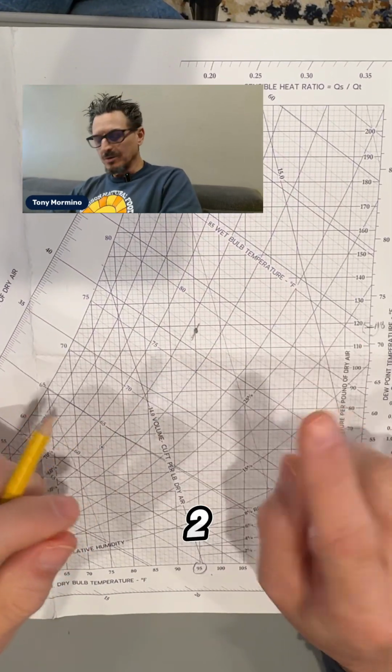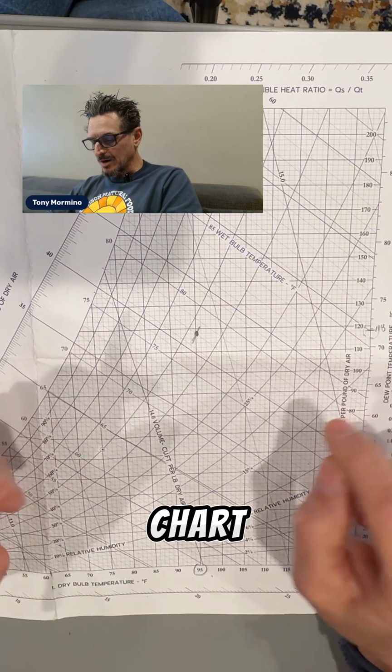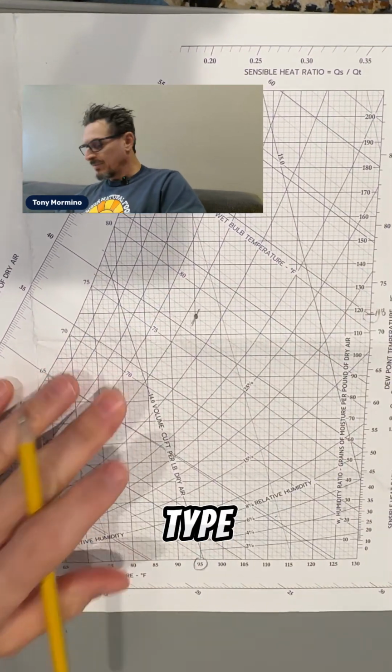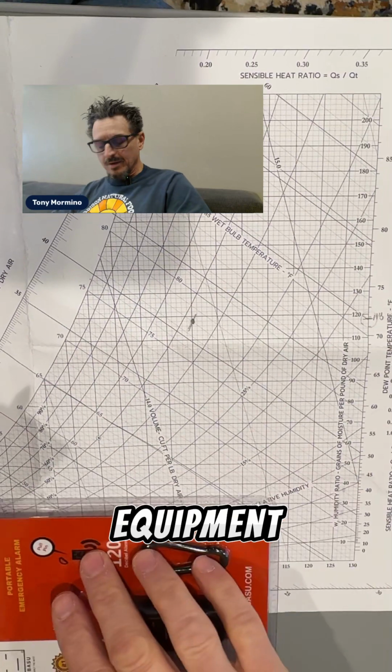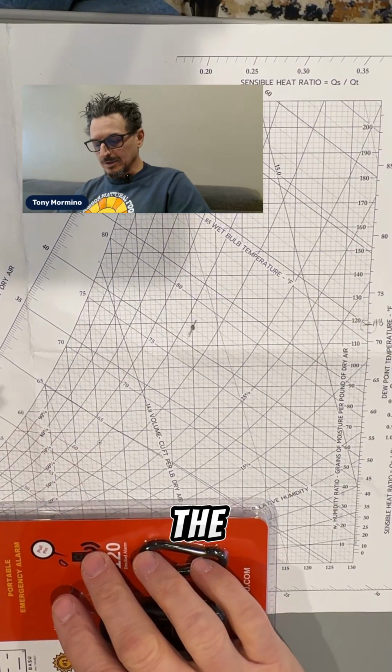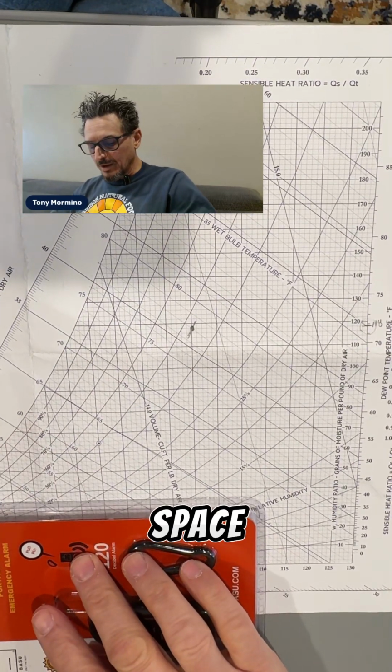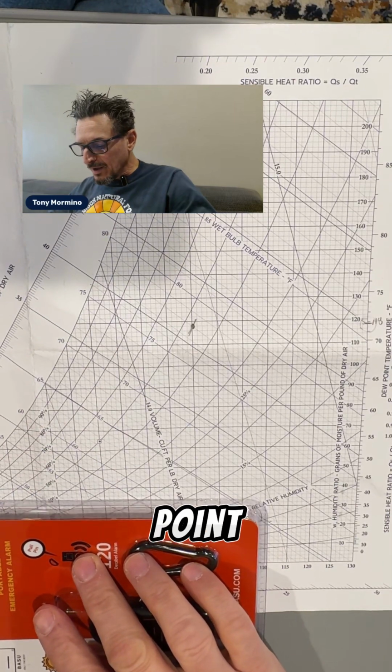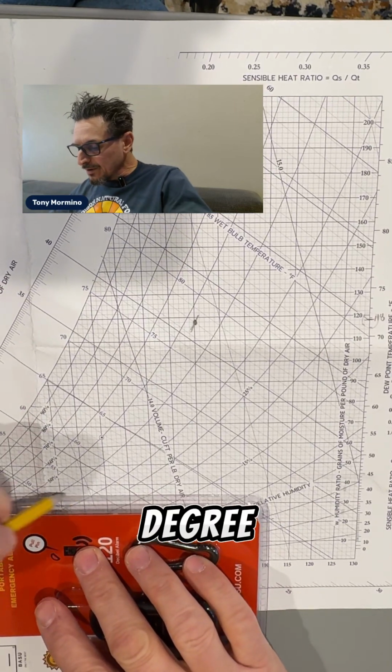Okay, example number 2, why I would use the psychrometric chart is to determine what type of equipment I will need to reach the design objective. So let's say you have a space that requires 40-degree dew point. I'm just going to draw this 40-degree dew point line here,